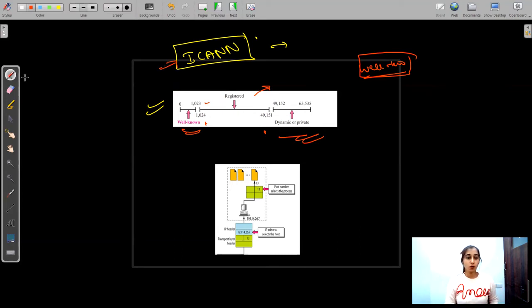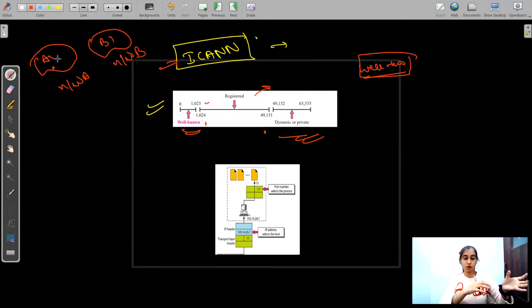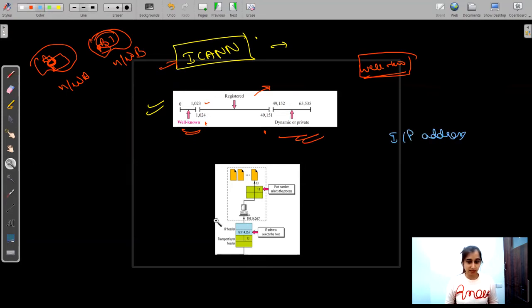Okay, so we have seen this A1 host. We want the network A, we want the connection. We want to make a process to process communication from this A1 to B1. And in A1 also, we want to make a connection for this port to this port. Okay, so for that, what do we need? First, we need this B1, right? Then for that, we need an IP address, right? If you can see this image,